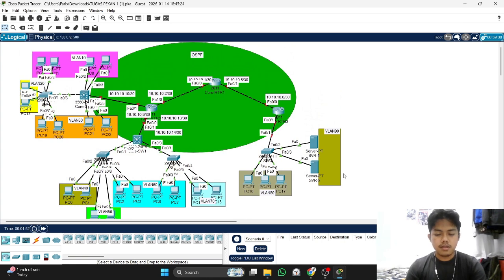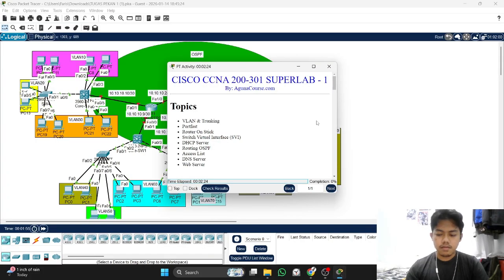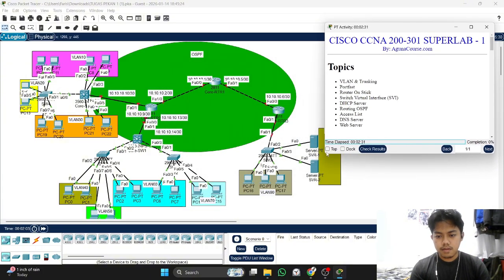In this assignment, there is a task, and we must follow all of these tasks.